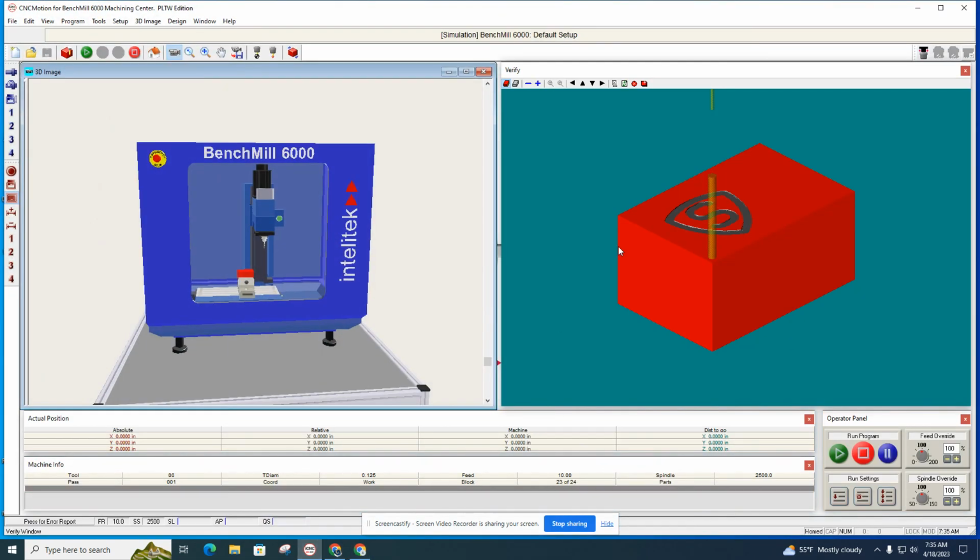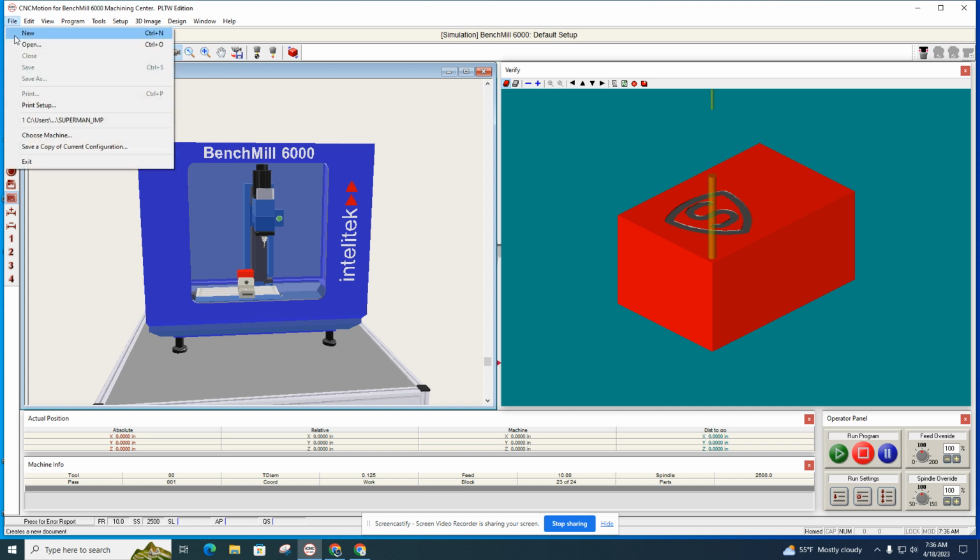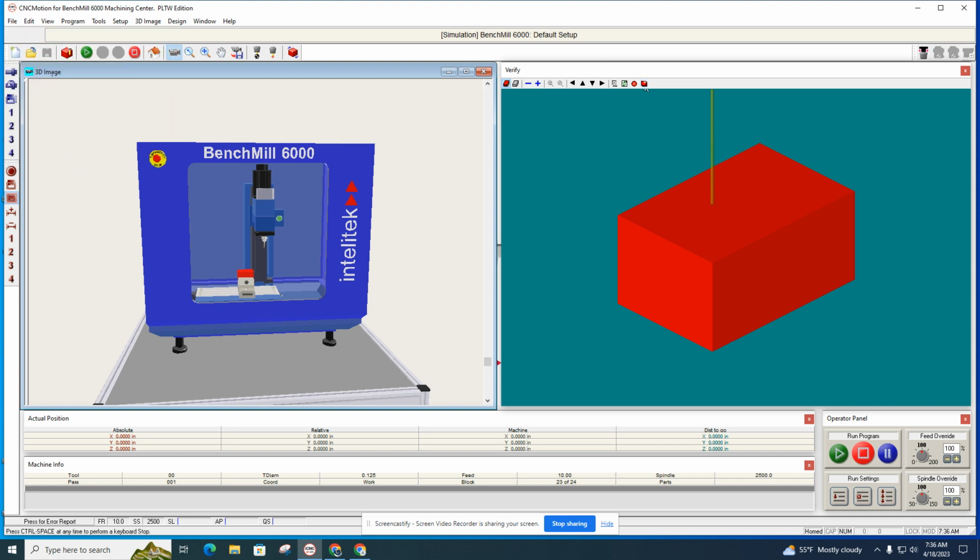All right, Matadors, let's go ahead and do our first program. We're going to do a new program, and this is going to teach you just how to move quickly across the block. We're going to make some stairs on our stock, so I'm going to reset the stock, and I'm going to go to